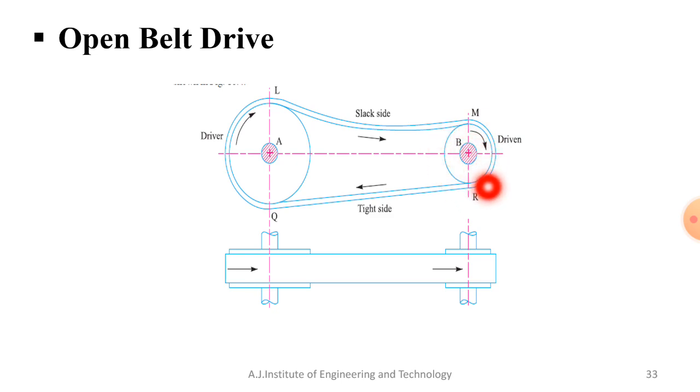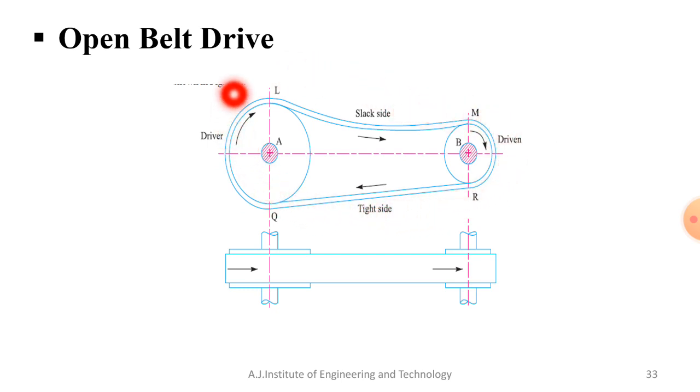Similarly, we can say whatever the drive, it can be used to transmit motion from one shaft to another shaft. If it is coupled with the prime mover, this pulley, and if the belt is not there, you cannot rotate this shaft, that is shaft B. The rotation of this shaft is possible only if you use a belt.